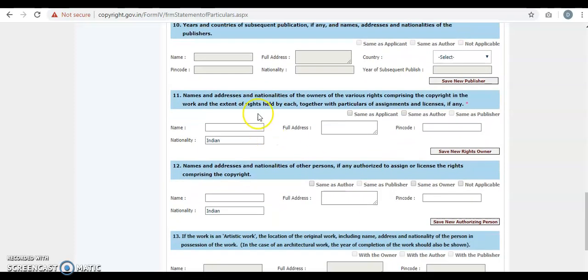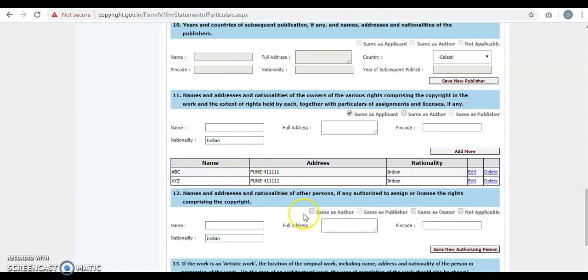Next is the names, addresses and nationalities of the owners of the various rights comprising the copyright in the work, and the extent of rights held by each, together with the particulars of assignments and licenses, if any. You can click on same as applicant, and the details you applied earlier will come here. Similarly, for the names, addresses and nationalities of the persons, if any, authorized to assign or license the rights comprising the copyright, you can again click on same as author.